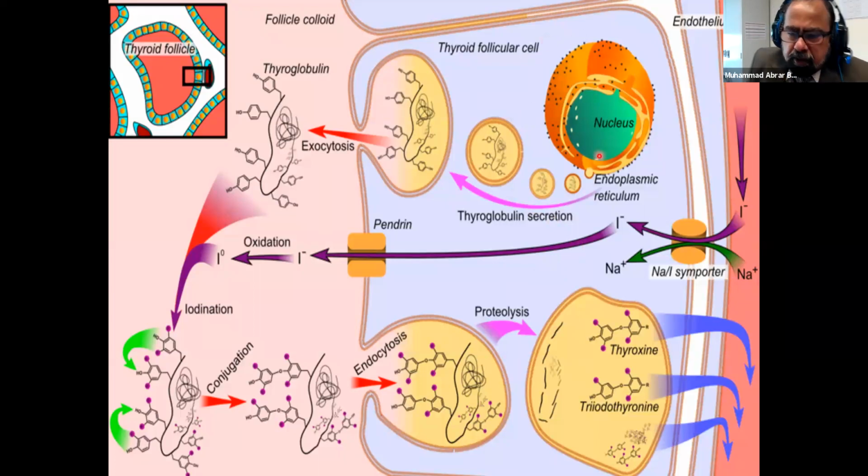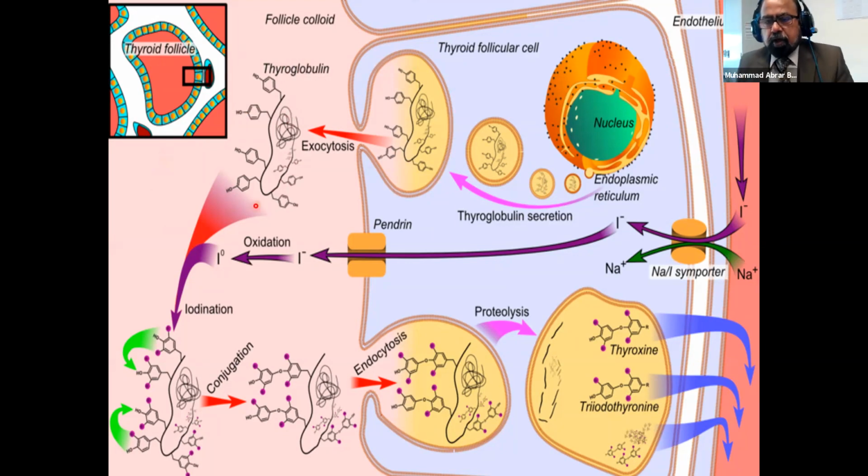So this is rough endoplasmic reticulum, and the function of this rough endoplasmic reticulum is to form this thyroglobulin. And when this thyroglobulin is formed, it is taken inside the follicle or the lumen by a process of exocytosis. So this thyroglobulin then starts accumulating in the follicular area. Now they wait for iodine to come, and it attaches to these terminals and forms monoiodo, diiodo, tetraiodothyronine, and thyroxine.